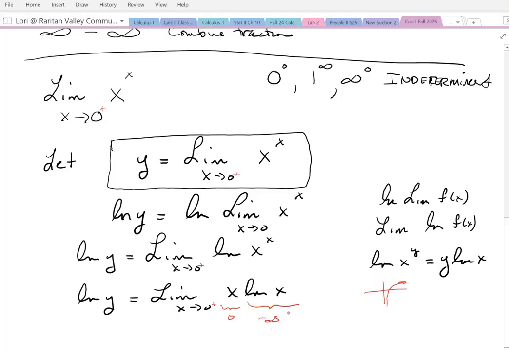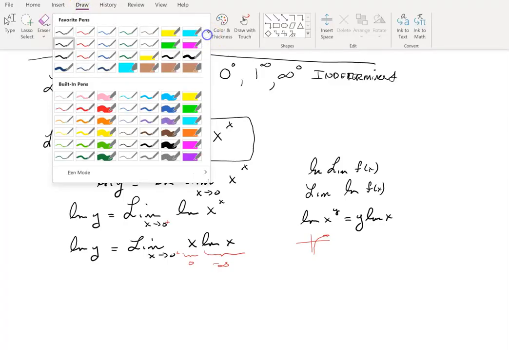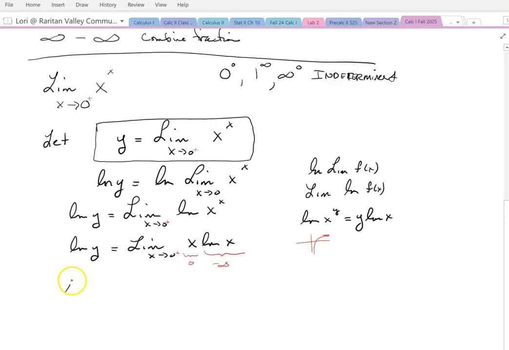And negative infinity, positive infinity doesn't matter. You still have a 0 times infinity. And we said, oh, wait a minute. With 0 times infinity, we can manipulate that using our reciprocal rule. Again, I'm going to suggest going with the easiest one. Sorry, thicker marker. So I have ln y equals the limit as x goes to 0 of ln x, and I'm going to just turn that into a reciprocal,